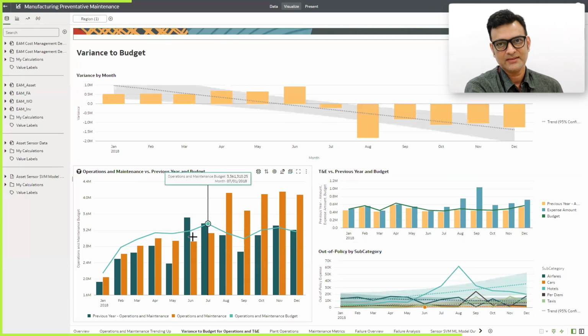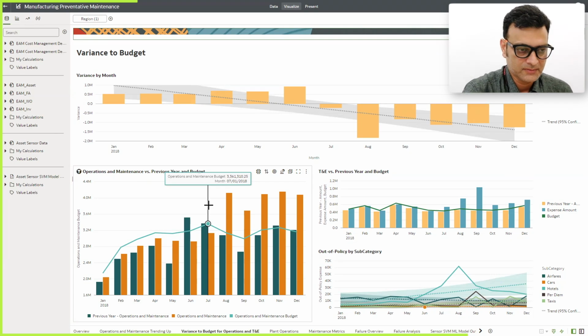And now here again, when we do the split from, say, quarter on quarter comparison that we did in the previous canvas, here you can see that we are trying to do the month on month operating expenses comparison for the operations and maintenance account group, because that was one of the account groups that we identified as one where there is a steady increase in expenses.